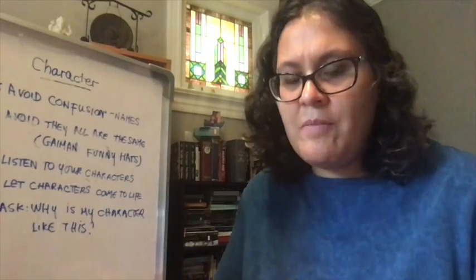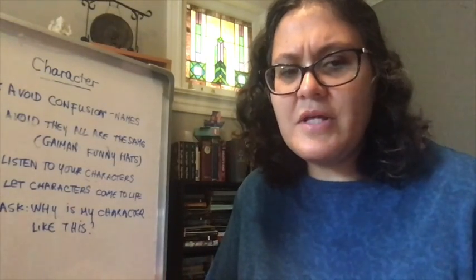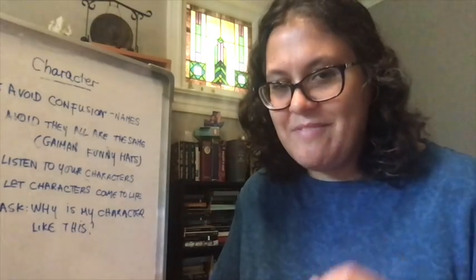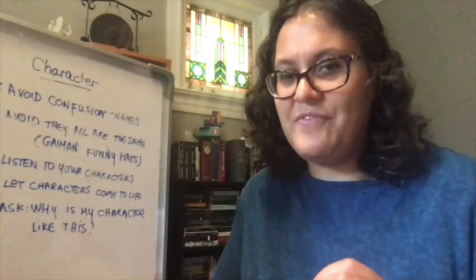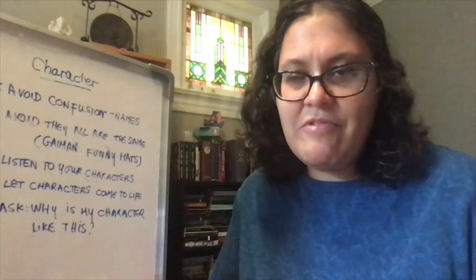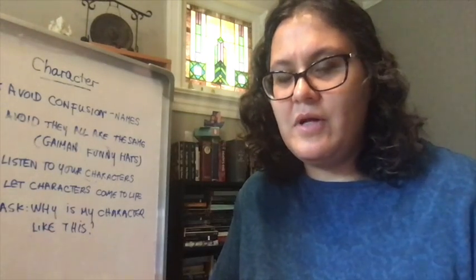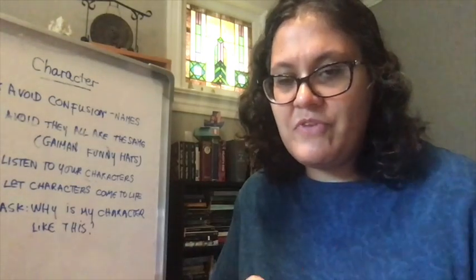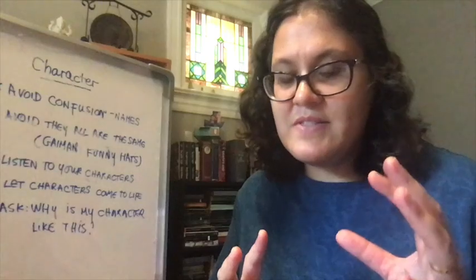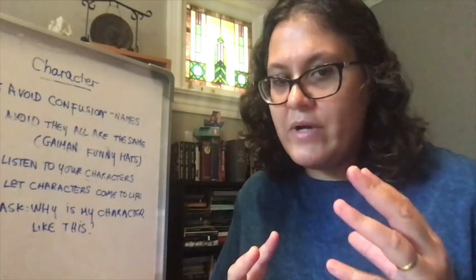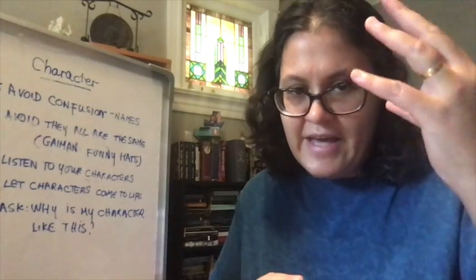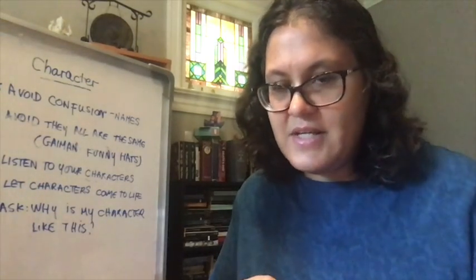Now, one common solution for that is what Neil Gaiman calls funny hats. So you give them a metaphorical, not real, funny hat so that you can distinguish the characters. To give an example, Watership Down is a novel by Richard Adams about rabbits. And you might think, well, rabbits are all the same, but he makes an effort to make all the rabbits different. So there's a rabbit called Bigwig. He's big and strong, and he's distinguished by a tuft of fur between his ears, and